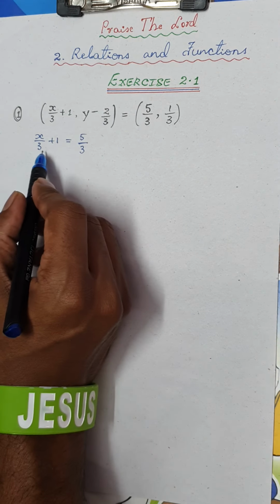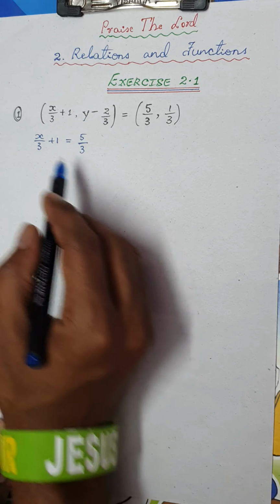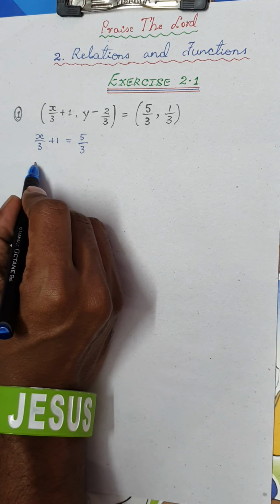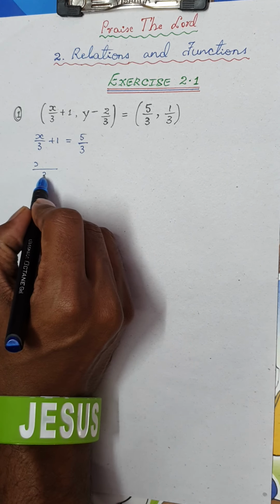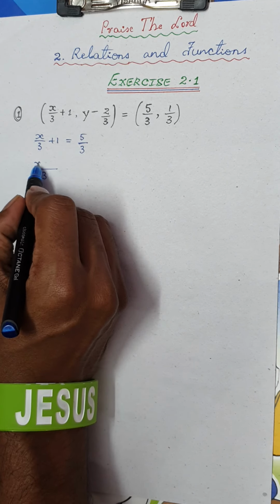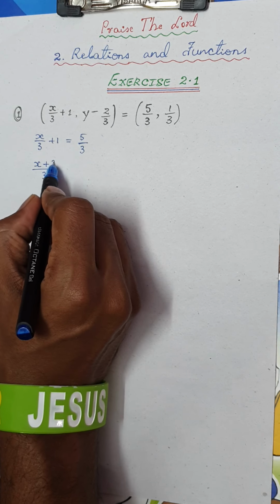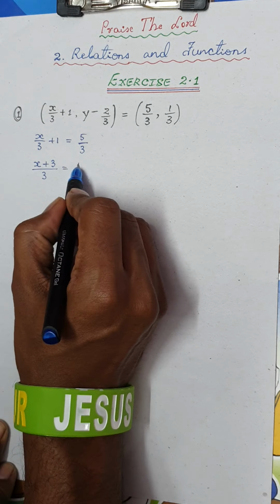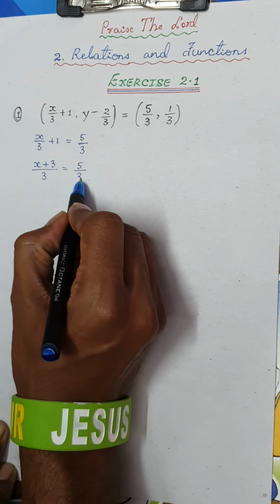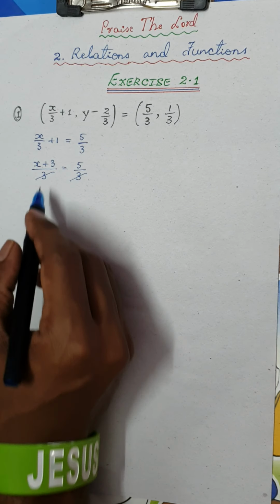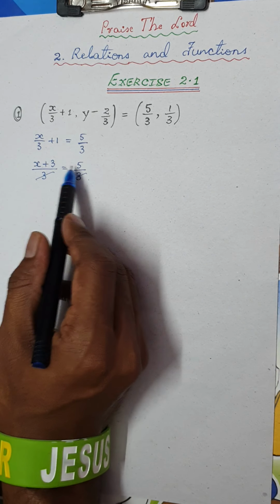Okay, now there are chances of students cancelling 3 and 3 here and making a mistake. Please be very careful. You cannot cancel 3 here unless you take the LCM. So if you take the LCM, this will remain as x and this 3 will be cross multiplied. So 1 into 3 is equal to 3. So this is nothing but 5/3. Now the denominators you can cancel here. 3 and 3 get cancelled. This is nothing but multiplying 3 on both sides.